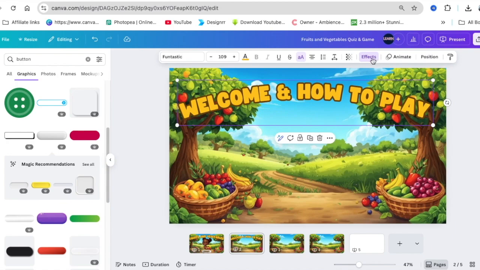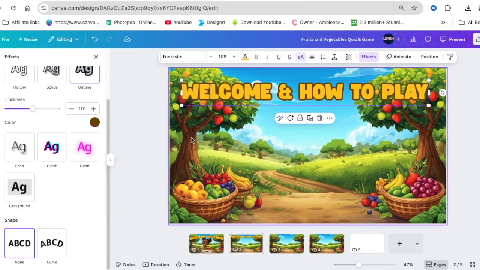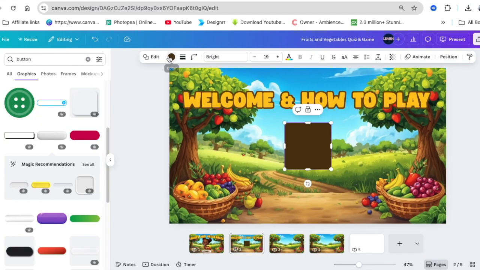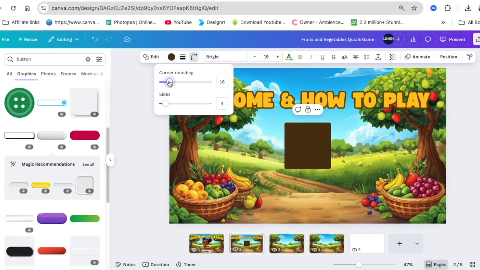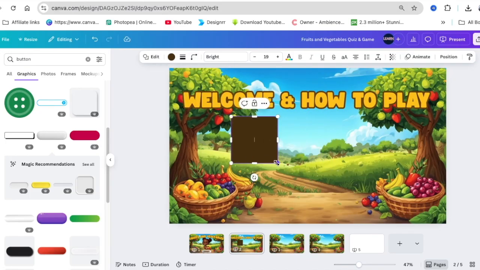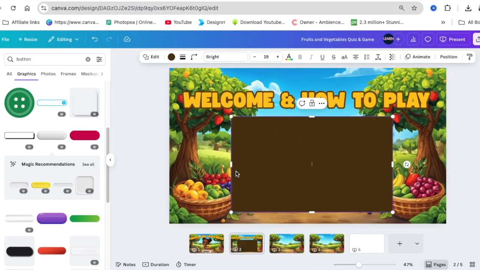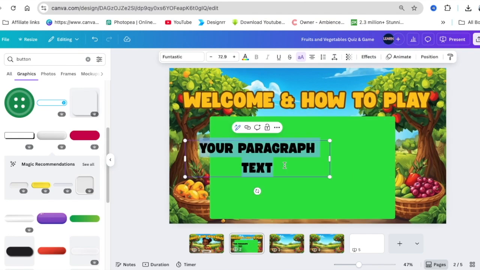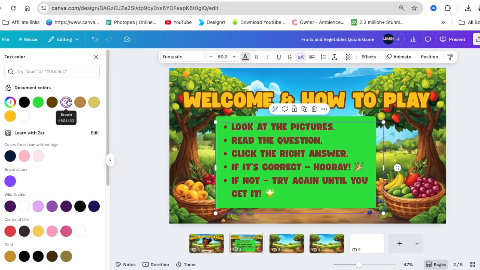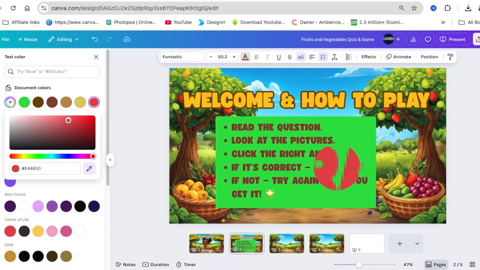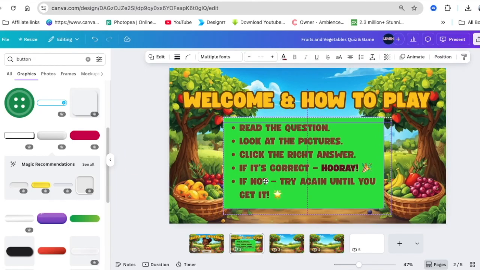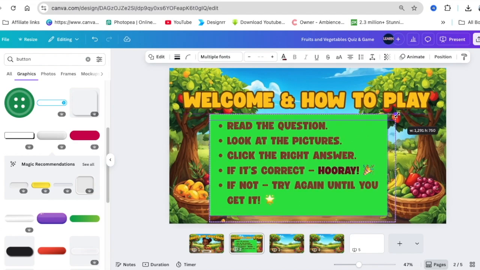This doesn't have to curve, so you're going to go back to your effects and make it, and you want to press R for your rectangle. Make the rectangle corners rounded so that you can add your beautiful rules in here. And then on our next page, now that we have our rules and we're aligning them and the kids can read them,